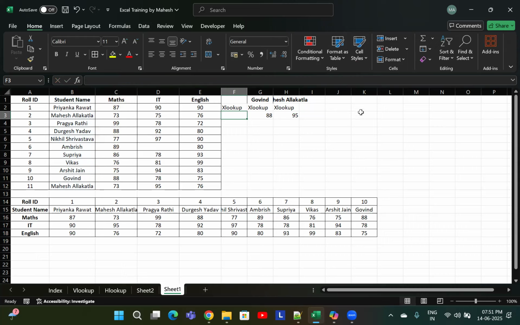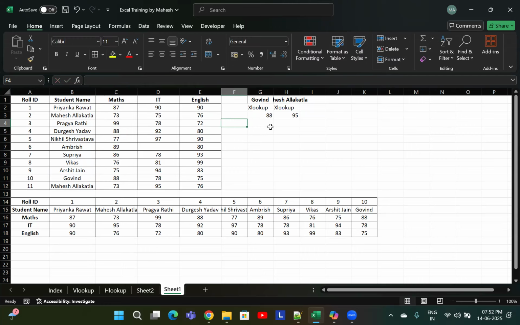Okay, so basically it is just customizable. I'm not getting that customizable error message. Okay, wherein you can go to the left side. Suppose I want Durgesh Yadav's roll number. I don't know the roll number of Durgesh. I want to search Durgesh's roll number. So what I will do